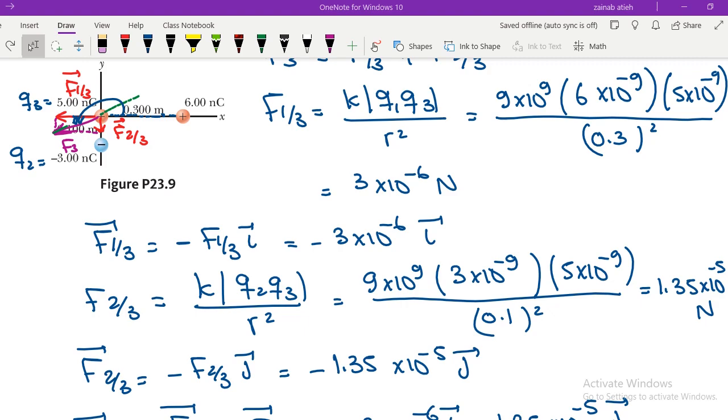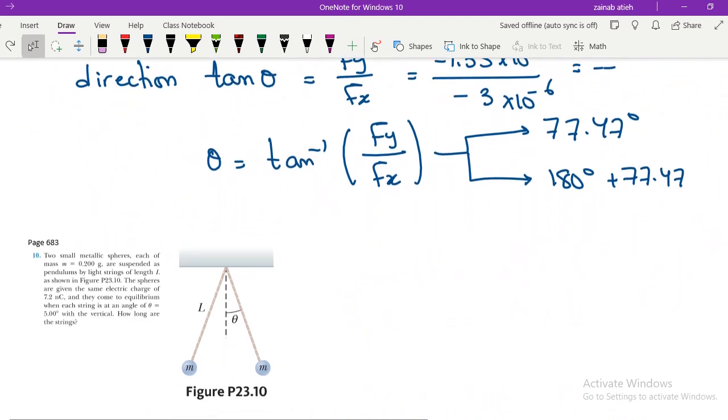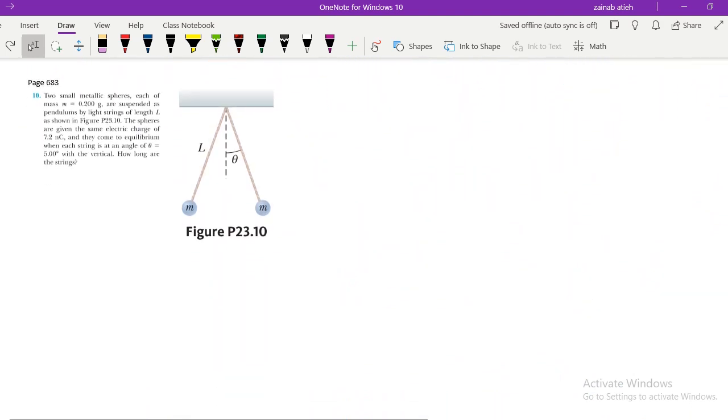I will move now to problem 10. So let's move to problem 10. Same page 683. Two small metallic spheres, each of mass m equals 0.2 gram, are suspended as pendulums by light